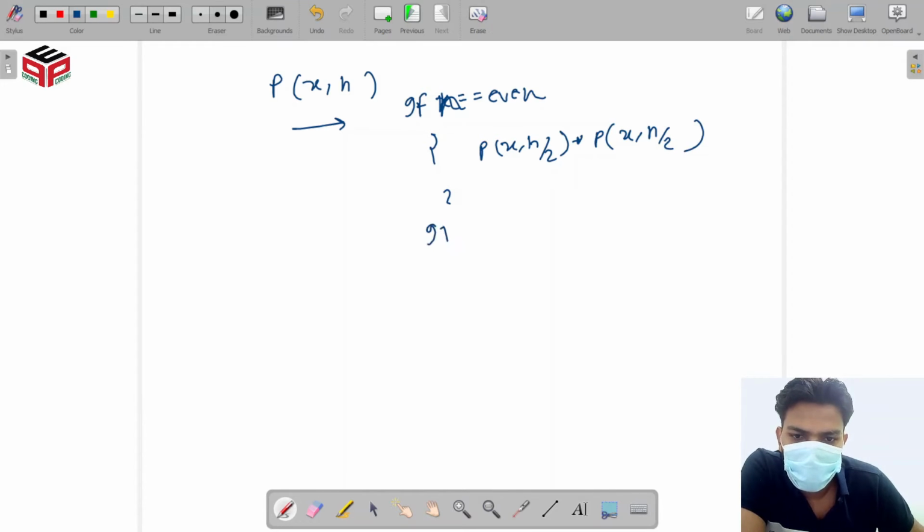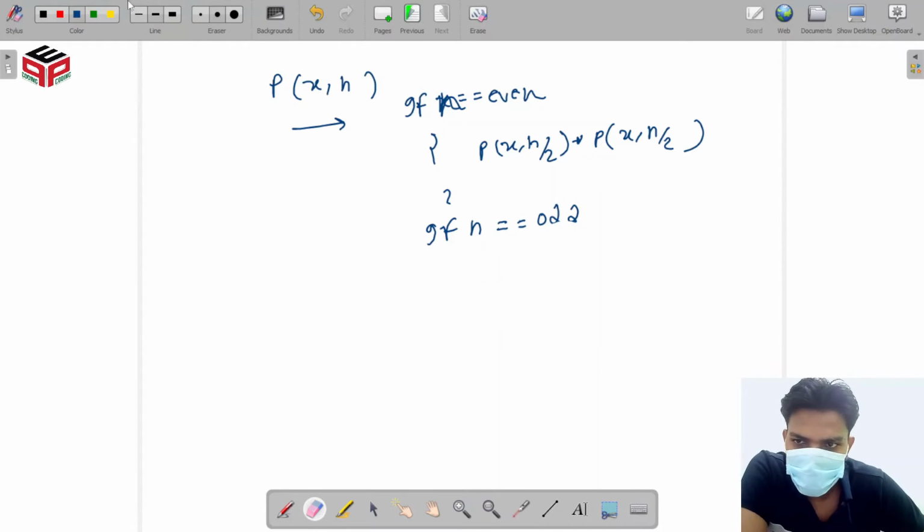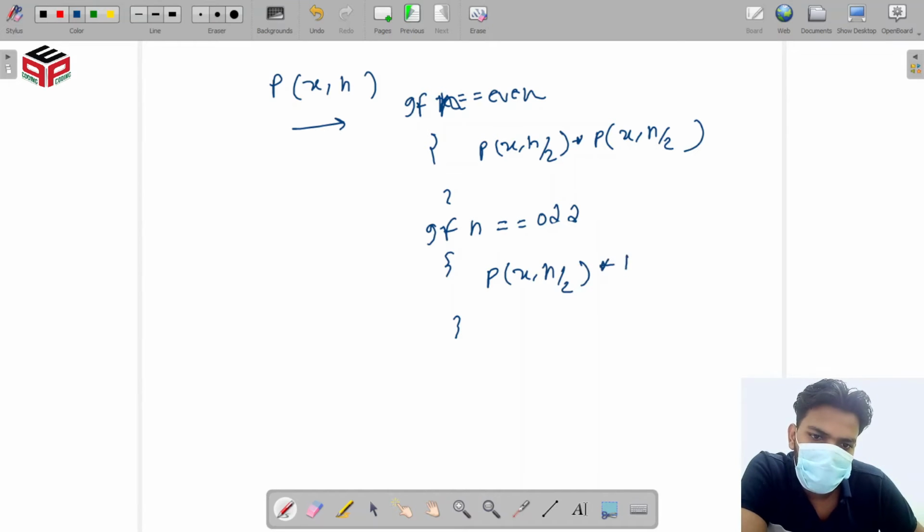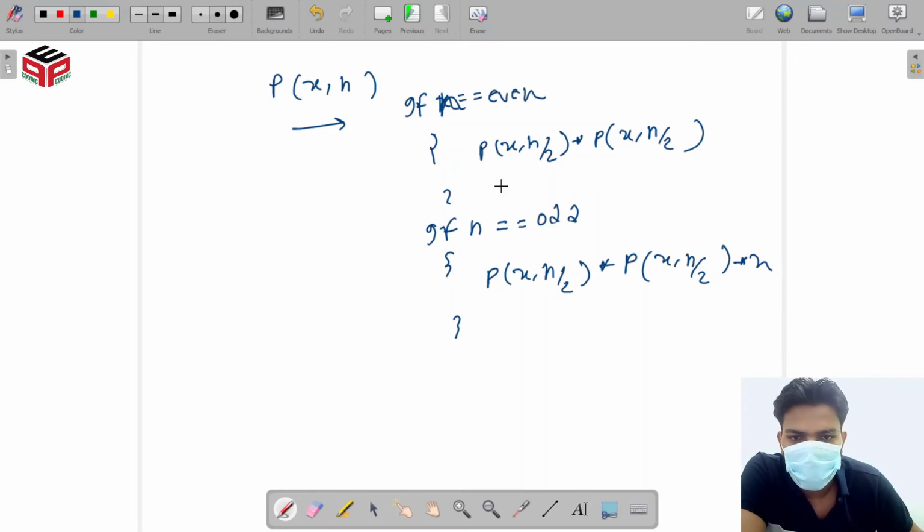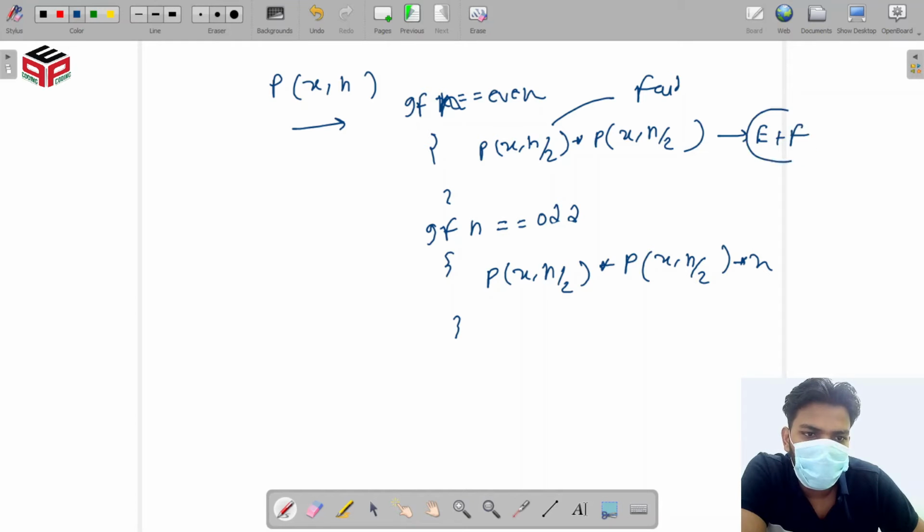If n is odd, then we have faith that power of x comma n by 2 multiplied with power of x comma n by 2 and again multiplied with x. So this is our faith, and this is where our expectation plus faith will meet.